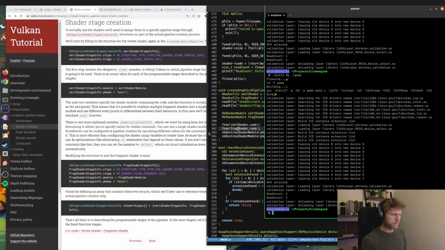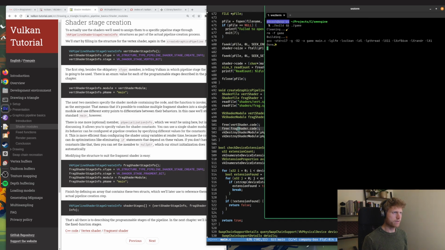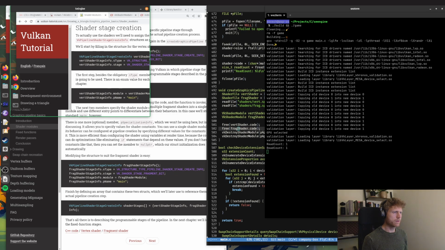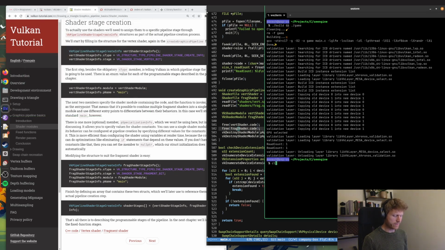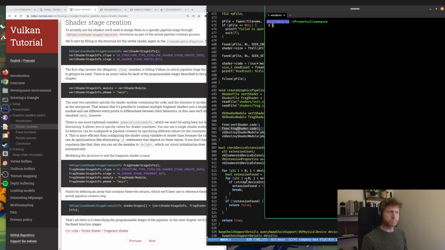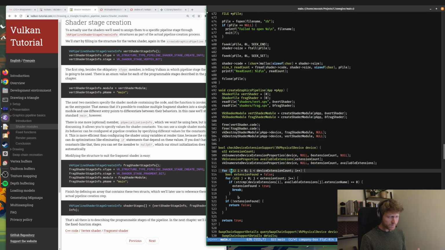All right, quit it, and I think it works fine. Run it again. Yeah, okay, I think that does work fine. So at least we're being a bit more explicit that we're cleaning up our malloc, our memory allocation, and then we are doing our cleanup of any Vulkan assets or memory allocations or whatever. Okay,